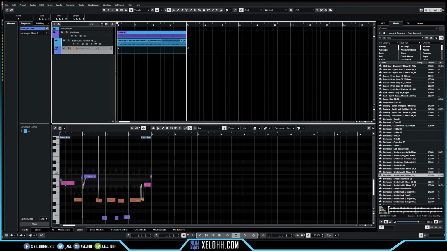And if I wanted to add more, just hold down Alt and then drag across to however much you want. And this is my B section. So you have your A section and your B section for your arranger. The thing that